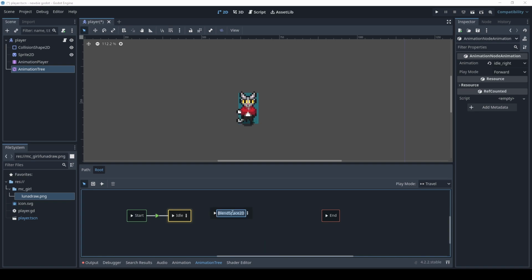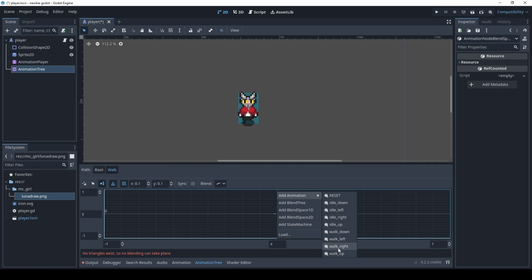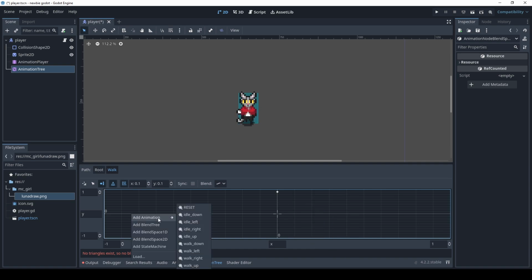It's the walk node. Don't forget to rename it walk. And of course, since it's the home for all of the walk animation, we have to add the animation here. Walk up and walk left and walk right.